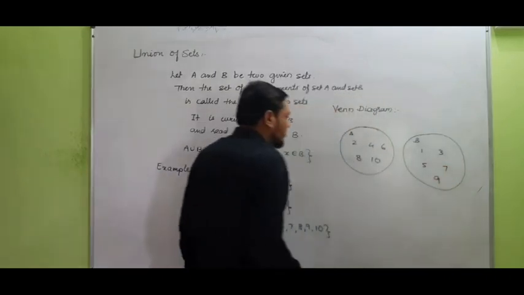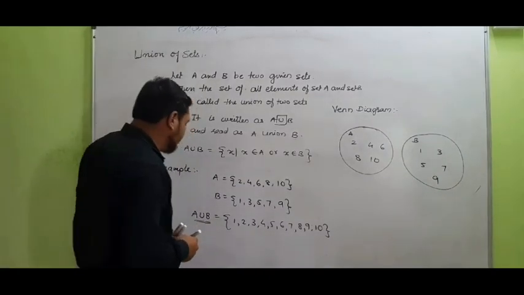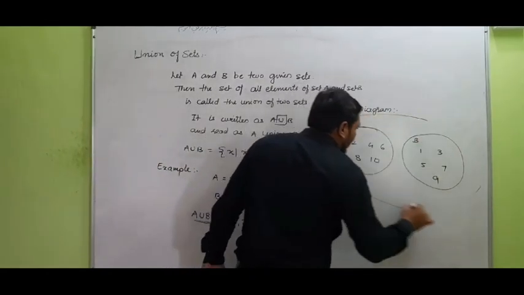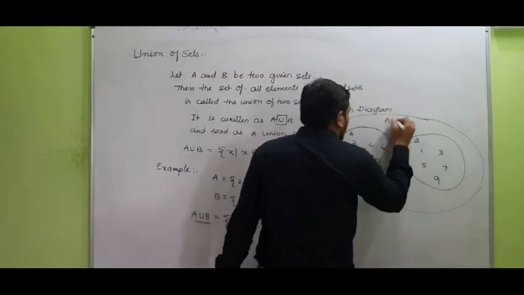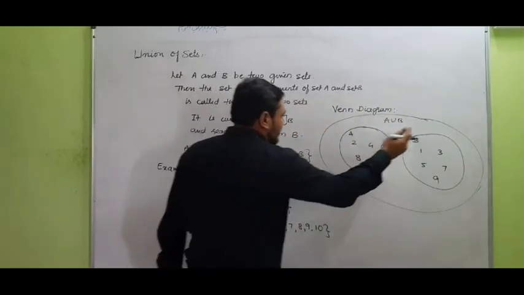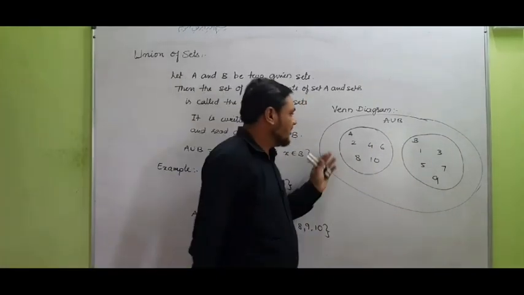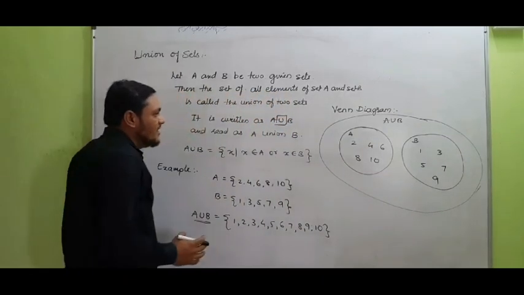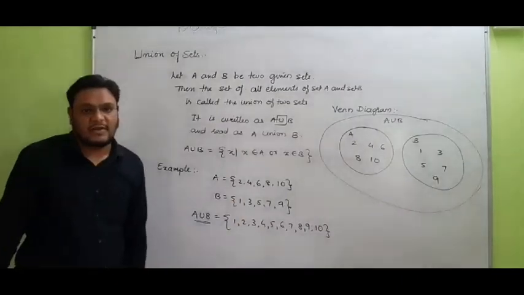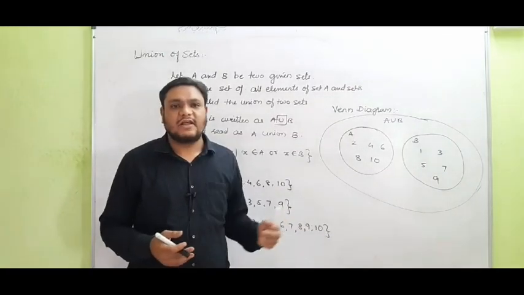If you notice, these are the two sets A and B which we have represented by the Venn diagram. Now we have to represent A union B. So take all the elements together and make one set, and this set is nothing but A union B. If you see this bigger set A union B, it contains all the elements of B and also all the elements of set A. So all the elements of sets A and B together can be taken as the union of these two sets, which can be represented as A union B. Students, in this way we can represent A union B by using the Venn diagram.